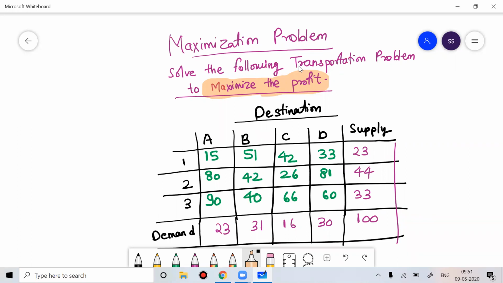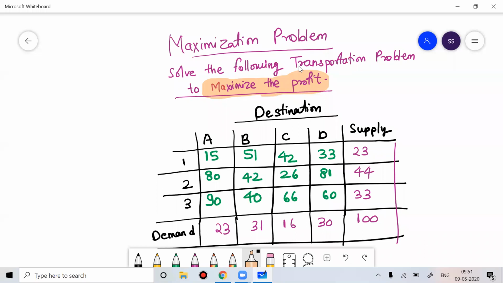So I'm just starting today with an easy problem. Tomorrow we'll do the same kind of problem, but the demand will not be equal to supply. We'll give you an unbalanced transportation problem where the objective is maximum. That kind of question comes every year for your exam. I already taught you how to solve an unbalanced transportation problem. Today I am teaching you how to solve the problem when the objective is maximum. So we use both the concepts together to solve that problem.